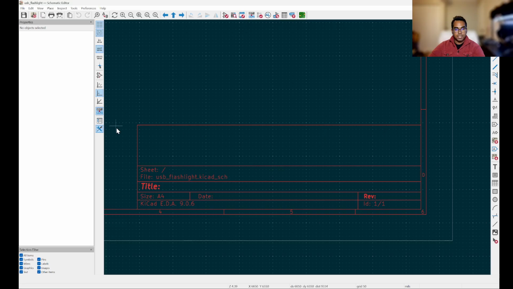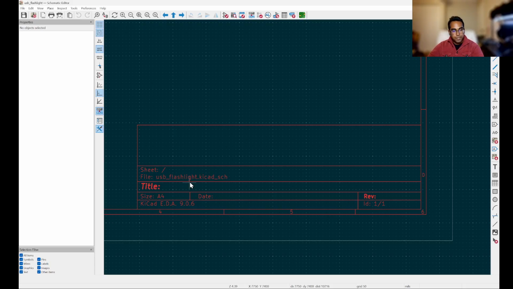This top box, the largest one, is completely empty. We have a sheet line that just has a slash in it. We have the file name. We have a blank title bar, the software that it was made in, size of the document, and so forth. We want to fill this in. It is very good practice to always fill in these different fields so that whoever comes along later and is looking at this schematic knows exactly who made the file, what version of KiCad it was made in, and maybe